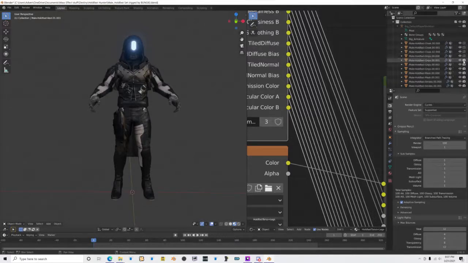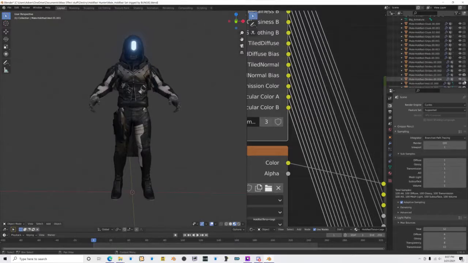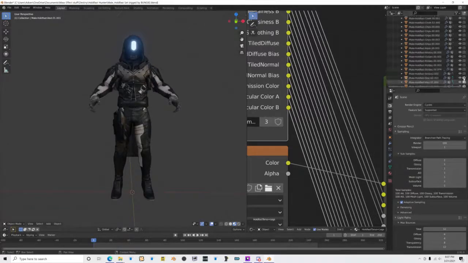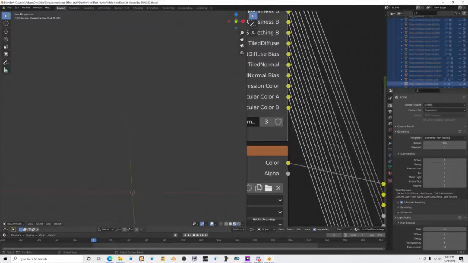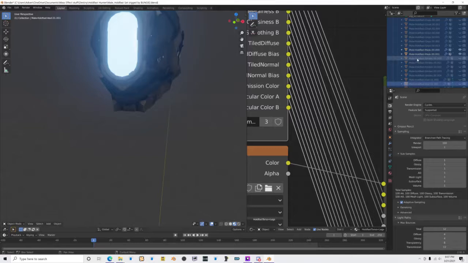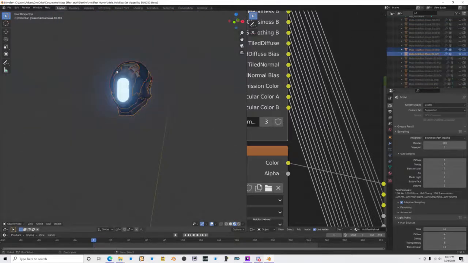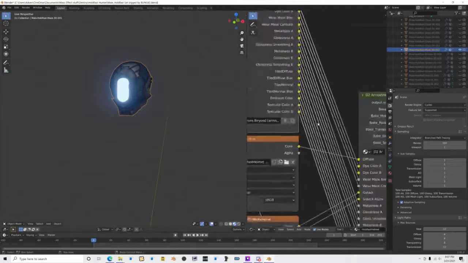So we're going to toggle only everything we are going to be baking. And what baking does is allows everything that we're seeing as far as the shaders go to be colored, for lack of a better word, onto the diffuse. So what we need to do